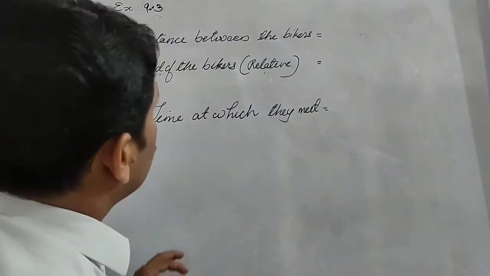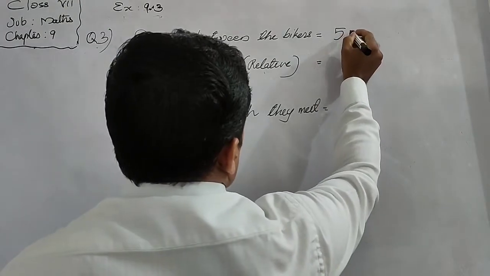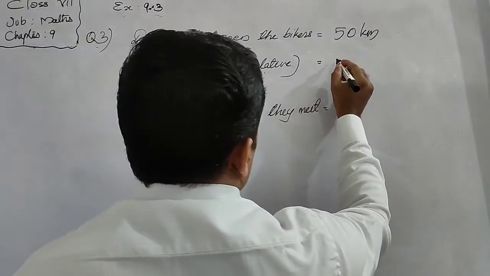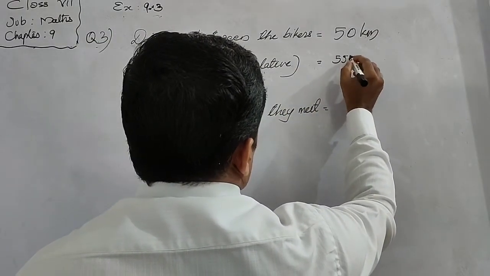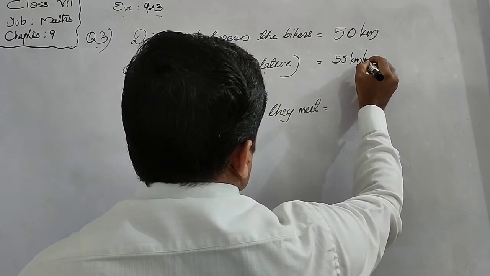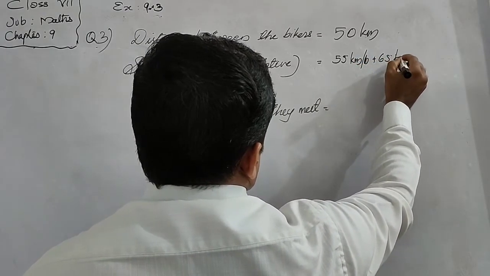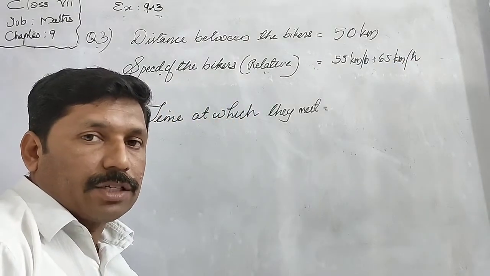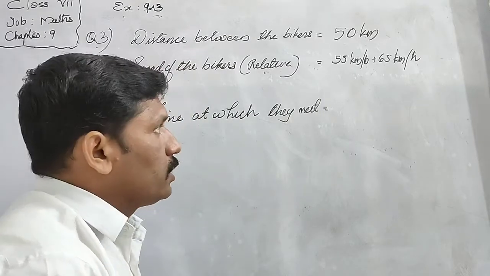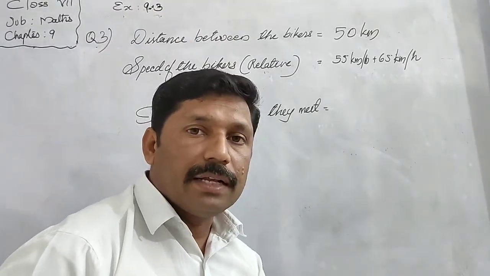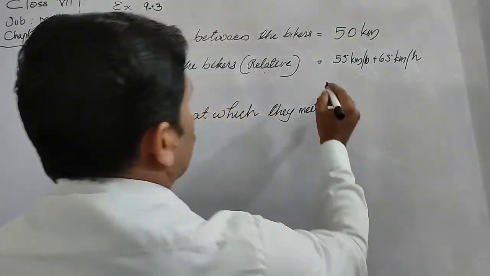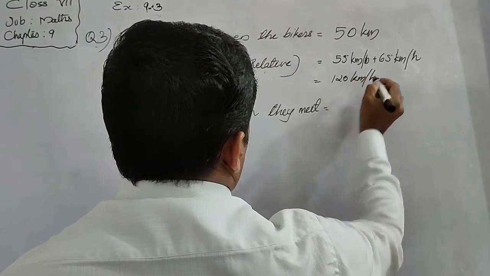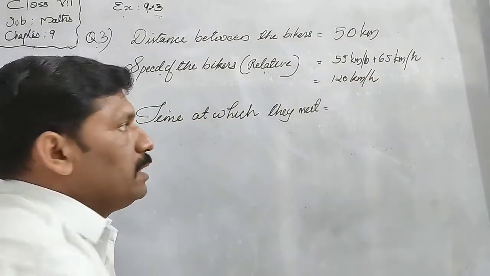Here you see the distance between the bikers is 50 kilometers apart, and the relative speed of the bikers is 55 kilometer per hour plus 65 kilometer per hour. Why are we adding this? Because they are traveling in different directions. So when two bodies are traveling in different directions, the relative speed is calculated by adding the speeds of both bodies. So here it is equal to 120 km per hour, that is the relative speed,